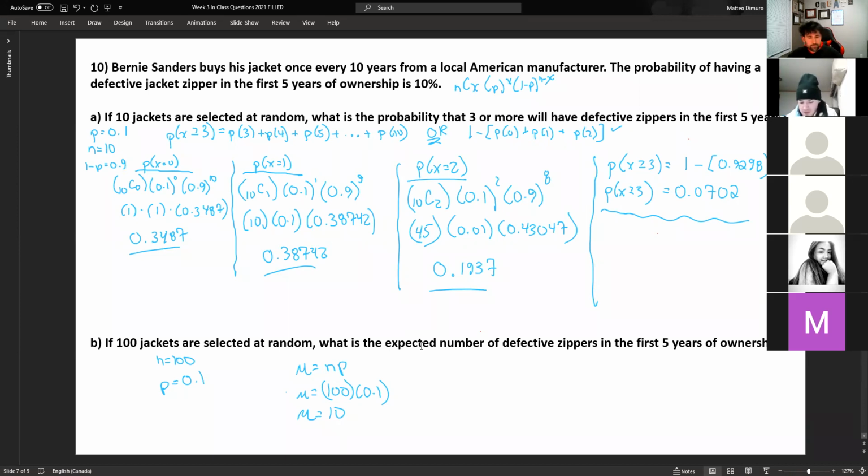I have a question about my calculator. I have the BA2 plus, but mine only goes to 2 decimals. Is that a scientific calculator? Or is it like an accounting calculator? Accounting calculators usually don't have any of those math functions. You won't have factorial, you won't have e to the x, like Euler's number. You won't have combinations, like 10 choose 0. Is that the case on your calculator? Yeah, I'm guessing.